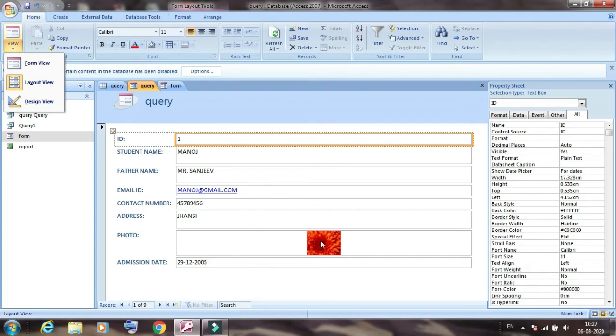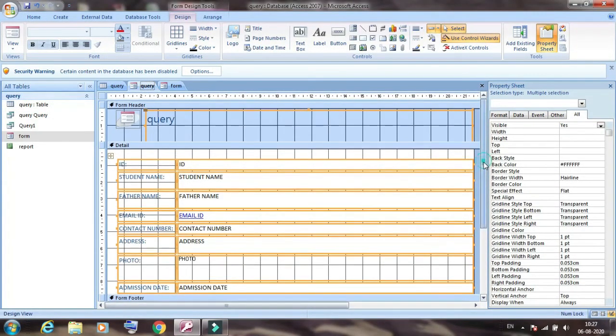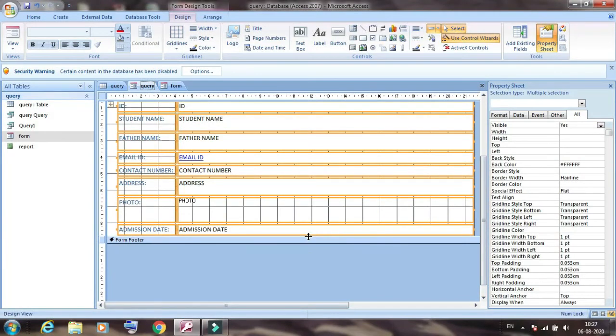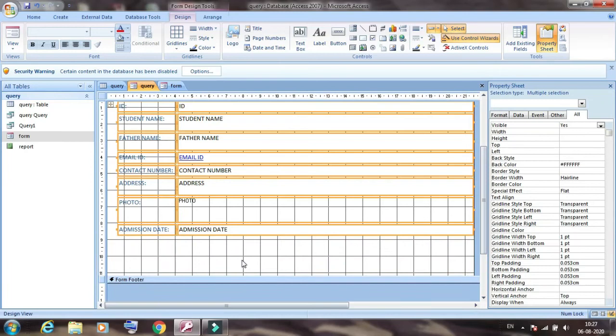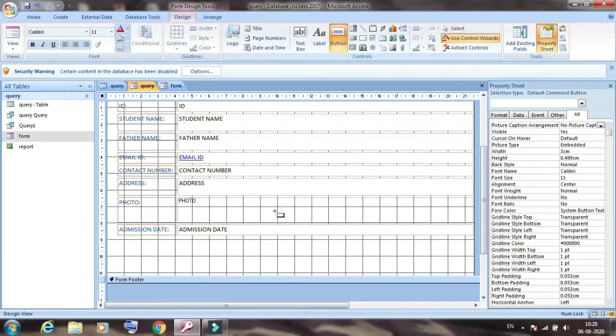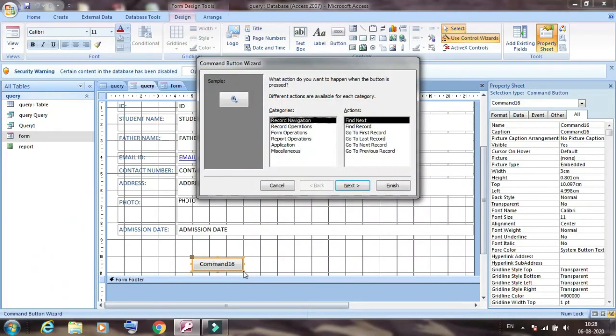Here first we will go to the View tab, and then click Design view. Then scroll down, and drag this screen from the downside with the help of the mouse. Here a certain space will be given. Then we will go to the Controls group, select this Button icon and press it. Then simply press the left mouse button and drag the mouse from left to right. Here one button will appear.